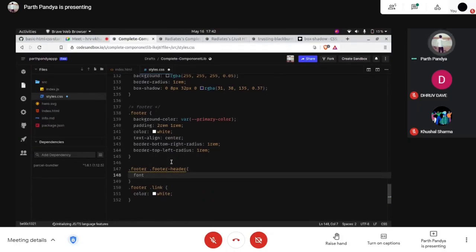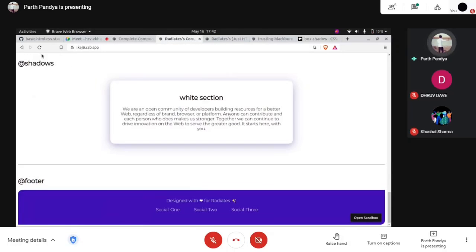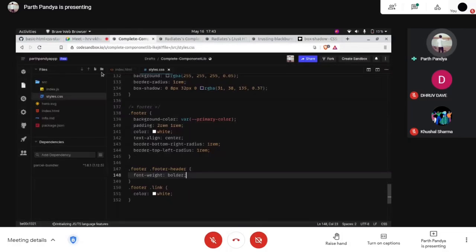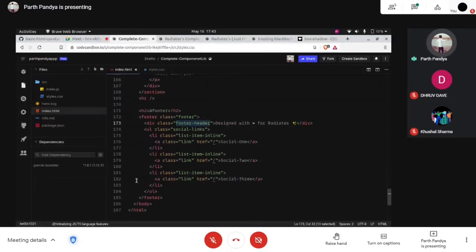the font weight should be bold, right? You can see now that this design will get somewhat bolder. See, it is glowing now, glowing with some extreme white. It is glowing. So we have these particular items inside this.